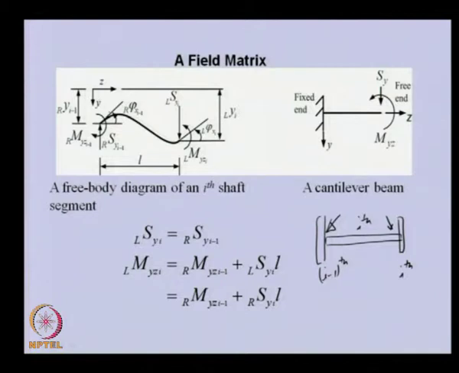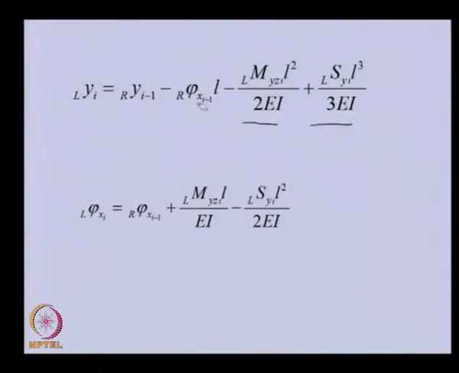In this particular case, if this is the rigid shaft, in the second case this is the slope of the shaft which is right of I minus 1. Because of this angular displacement which we are giving to this end, what is the linear displacement of this? This will be slope into length of the shaft. This is the same thing we have done here, and because it is going toward the negative y direction, this negative sign is there.